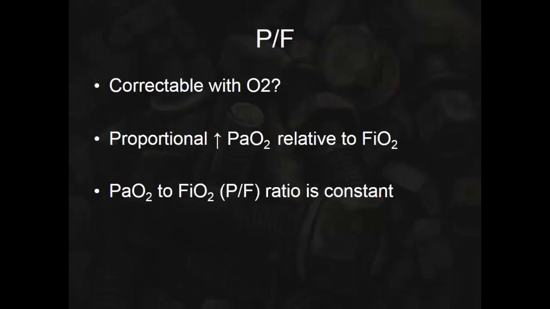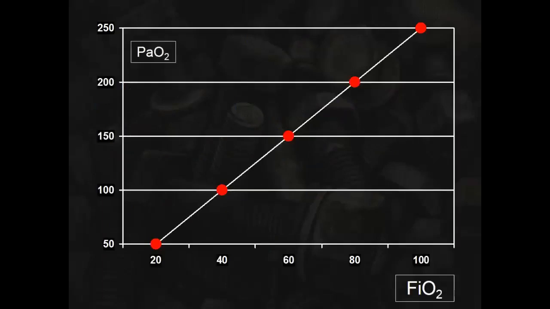A good correction is when the P to F ratio stays constant. The PaO2 divided by FiO2 stays constant. Does that mean anything to you? So this is what I'm talking about. If you go from 20 to 40 on the FiO2, I expect her PaO2 to go from 50 to 100. But she didn't. If your PaO2 is 100 on room air, on 20%, and I give you 100% oxygen, your PaO2 should become